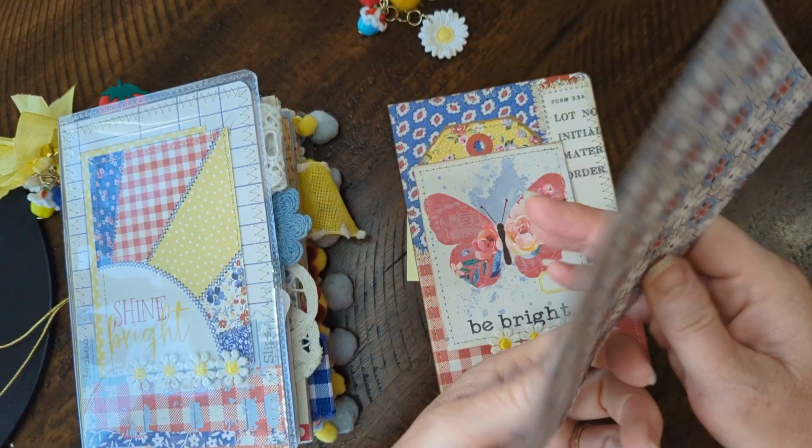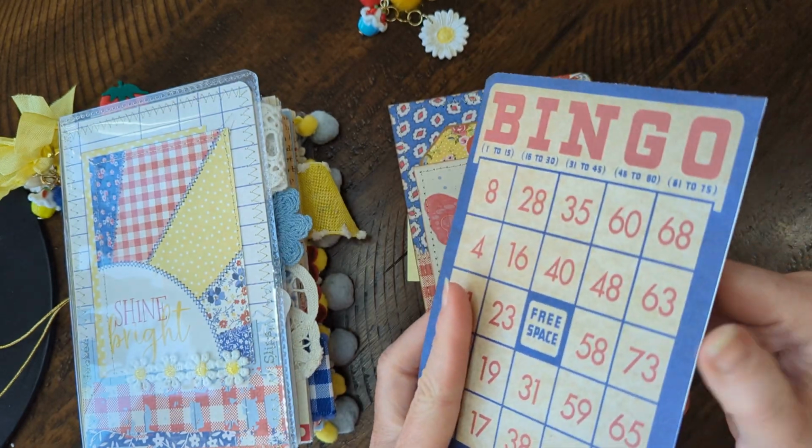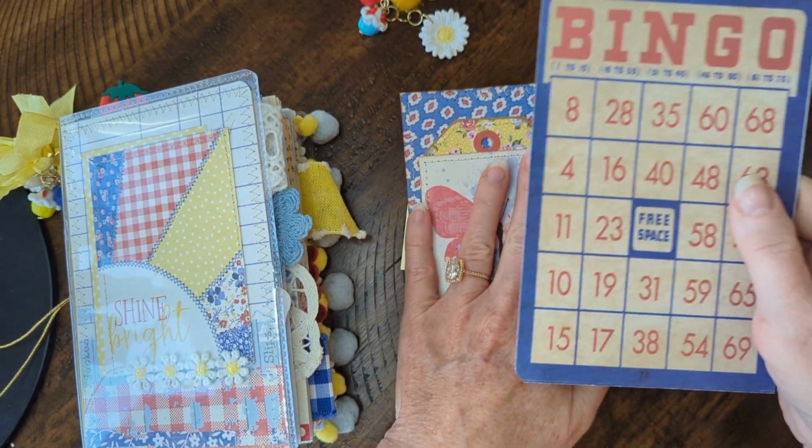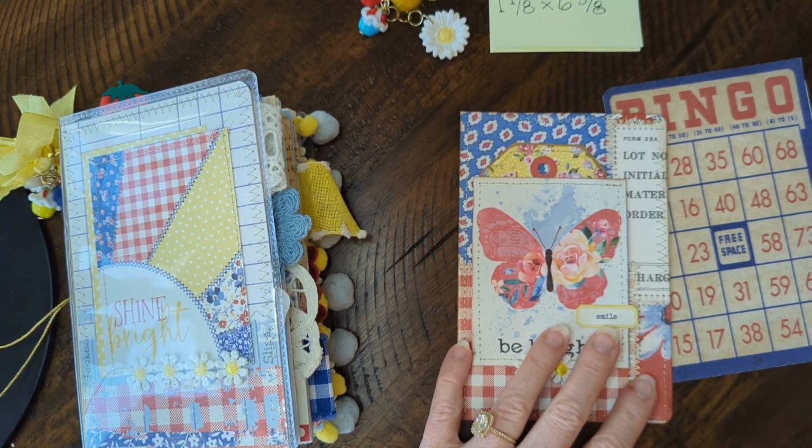Okay, this is going to be my back cover. It's just one of the cut aparts, one of the 4x6 cut aparts. And it's not quite as big as this piece, but I'm not too worried about the back. So, all right, and then for the cover,